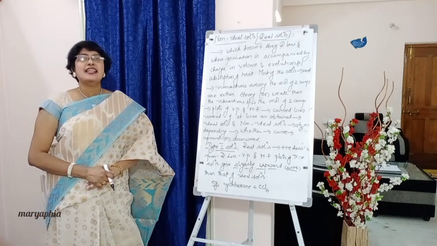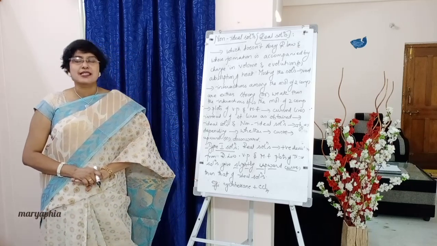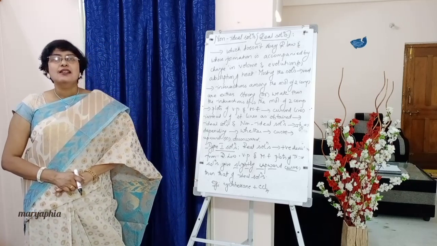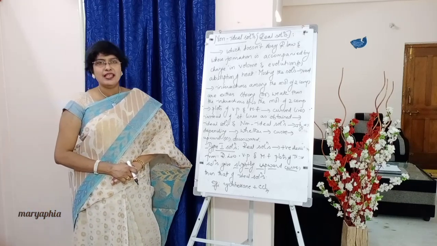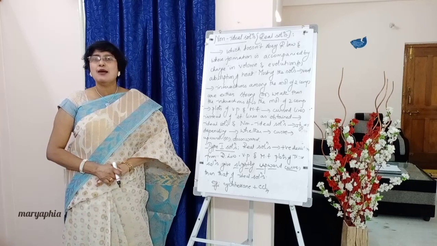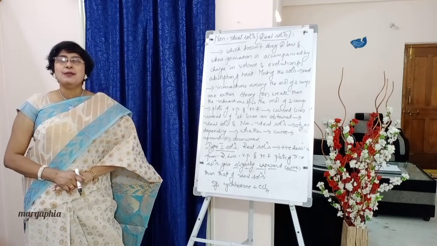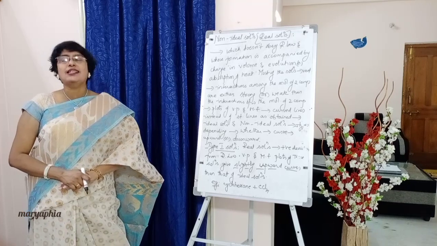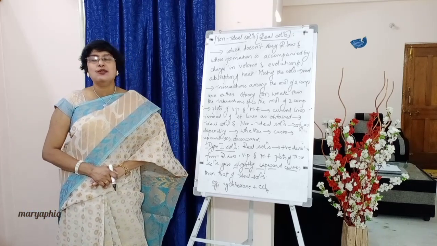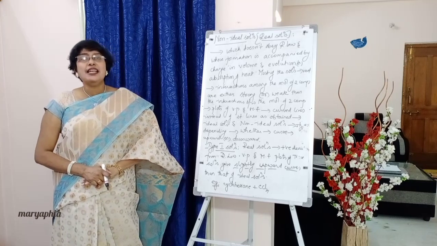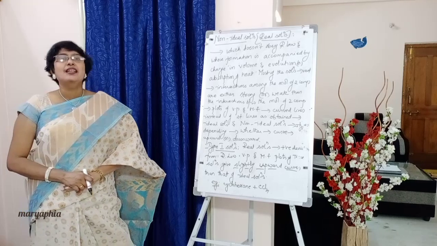This is the second type of completely miscible liquids. Put the side heading, students: non-ideal solutions, which are also called real solutions. These are completely opposite to ideal solutions. Ideal solution means one which obeys Raoult's law at all temperatures and concentrations. The first difference between these two will be that the non-ideal solution is the solution which doesn't obey Raoult's law.